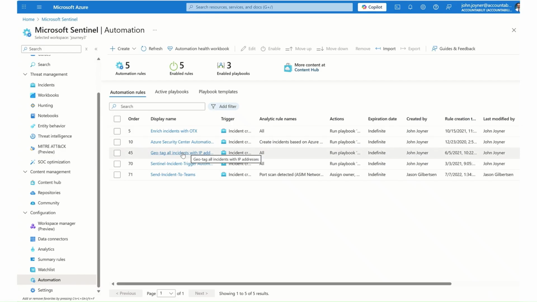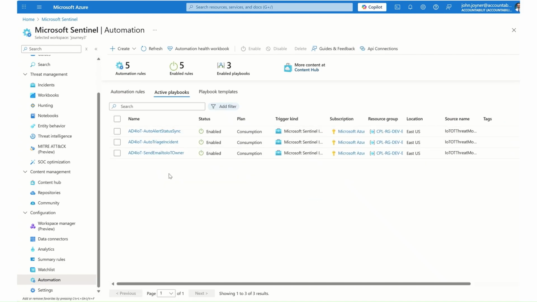For example, this automation rule is running a playbook that adds geotags to any public IP that can have a latitude and longitude associated with it, and then a lookup of the closest city and country to that, and then a tag on the incident. So this is an example of alert enrichment. And when we look at our active playbooks, these are the 3 playbooks that are imported when you integrate Defender for IoT with Sentinel. And these playbooks are performing